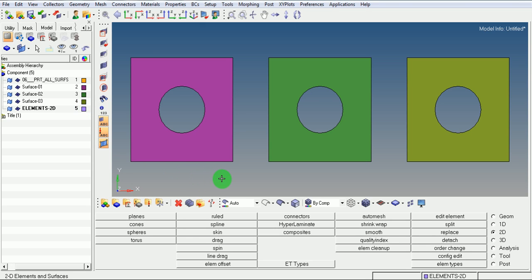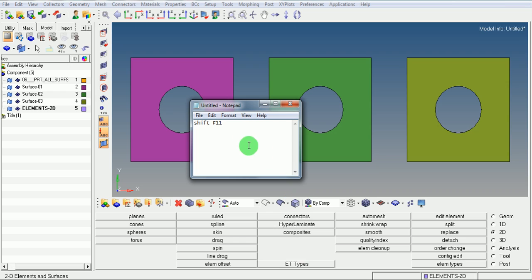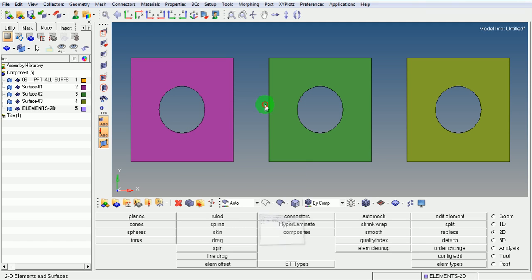To enter into the meshing window, use the key F12. Before entering into the meshing, I want to remove the hole or the circular cutout from the surface.